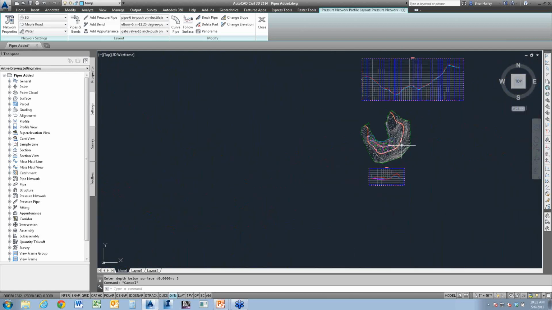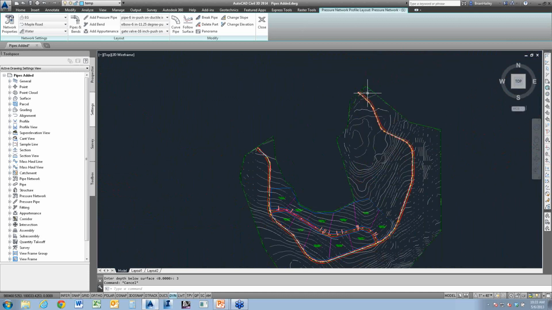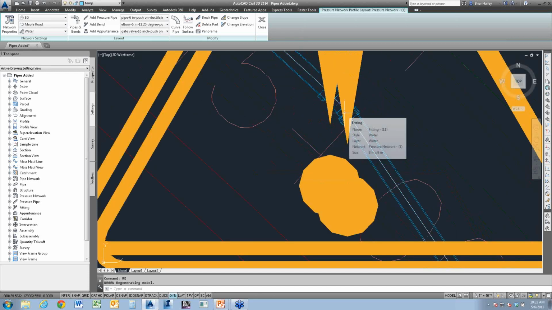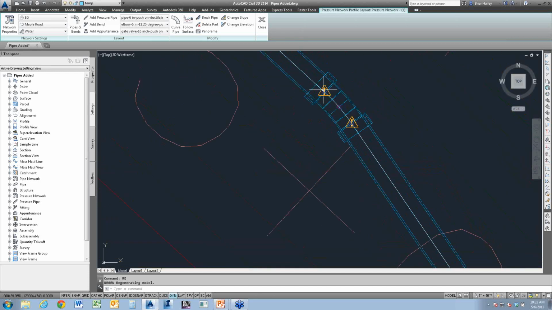All right, let's take a quick look at the plan view. If you notice, you get all these exclamation points. Ooh, what are these exclamation points? Well, basically, this is the alignment. The alignment is saying, hey, where I enter the fitting, it actually puts a curve in the fitting. And it's telling me, hey, the curve and the line here, they're not tangent. Which, honestly, I don't care about. So if you're ever working with pressure networks and you see all these exclamation points come up after you create a profile, that's all it is. It's the alignment. It's telling you, hey, the tangency violation.